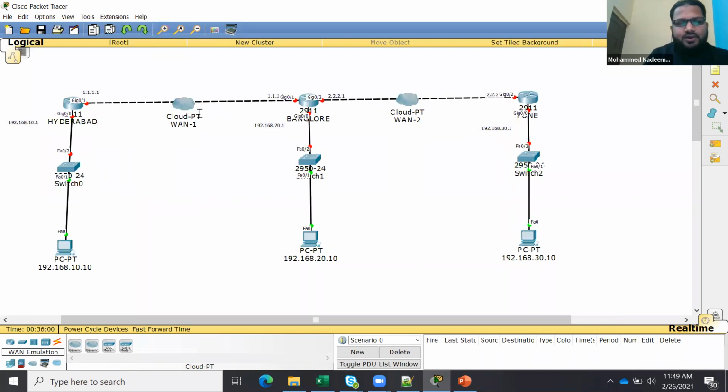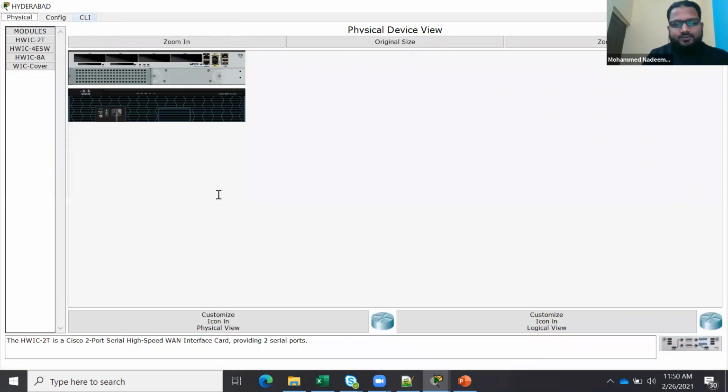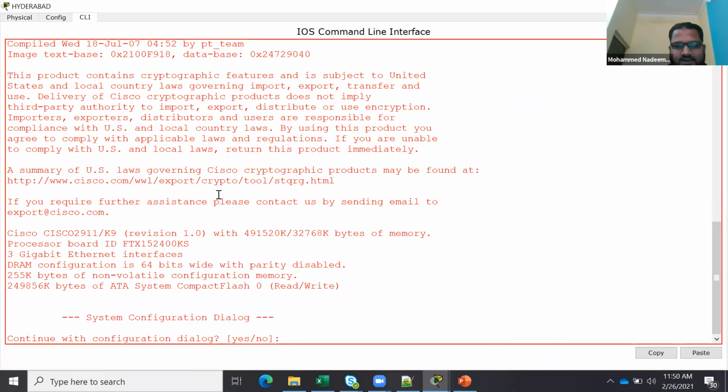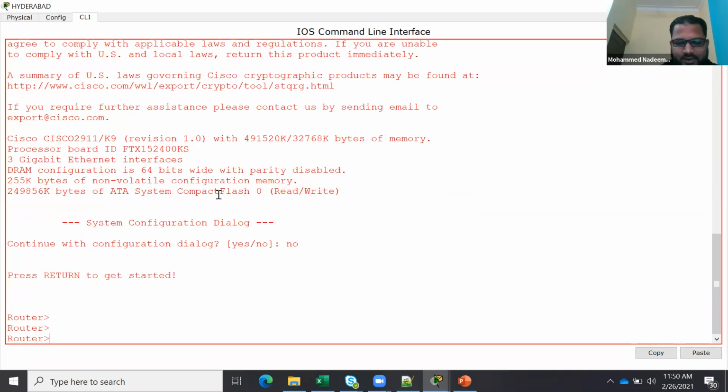Now let's start configuring the routers. We need not configure anything here. First I'm configuring the Hyderabad router, so I'm making it larger. CLI. You can see it is asking, do you want to configure dialog? Just say no. Now enable.